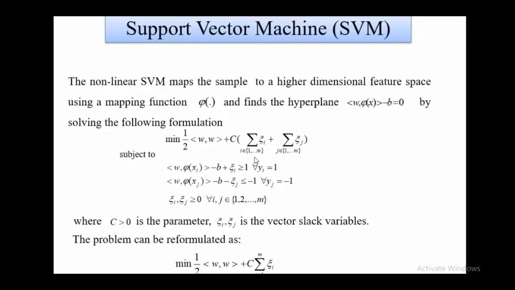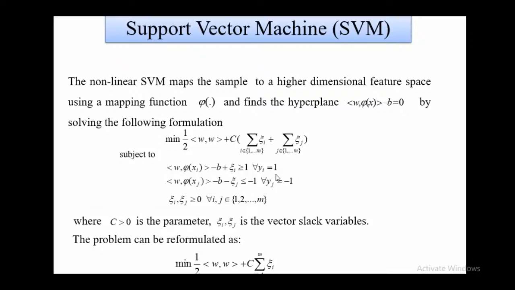Okay, so we have this particular formulation for the non-linear SVM. Because we are not keeping x as it is, we are converting x by some kind of mapping. We don't know the mapping function at the initial stage, but how we deal with it we'll discuss later. This phi(x) is nothing but a transformation of the sample into a higher dimensional space. So this formulation is related to the non-linear SVM part.